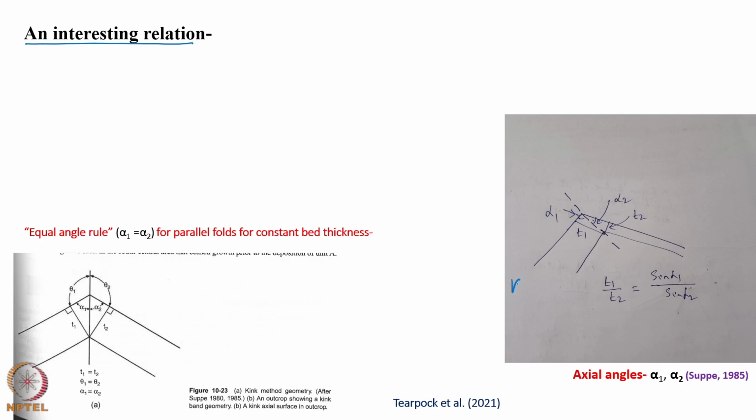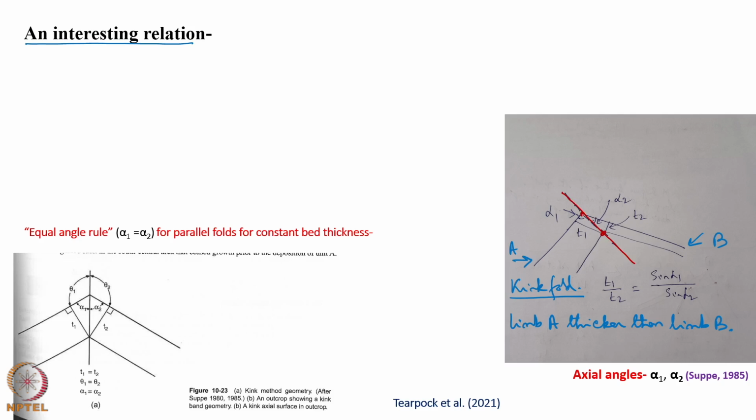Consider a kink fold, that means a fold with straight limbs and sharp hinge, and the left limb is thicker than the right limb. Let us say this is limb A and that is limb B. We write that a kink fold with limb A thicker than limb B, and we have drawn the axial trace